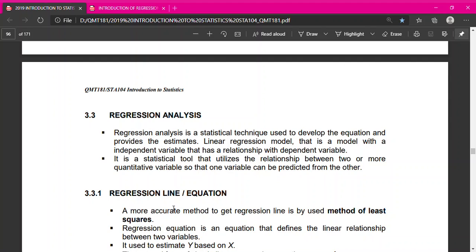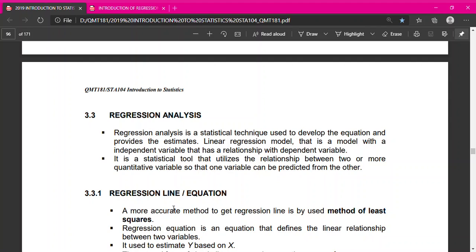Okay, Assalamualaikum. Today's topic adalah regression analysis. It is the continuation from the previous topic, which is the correlation, right? Correlation sebelum ni correlation. So today we proceed with regression analysis. Sebelum ni dalam correlation analysis,